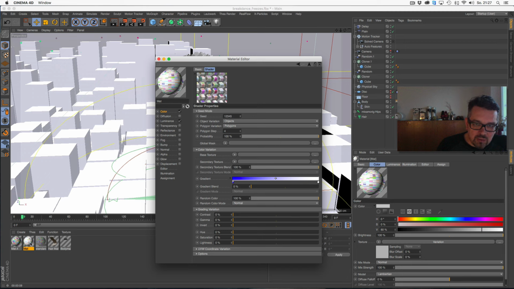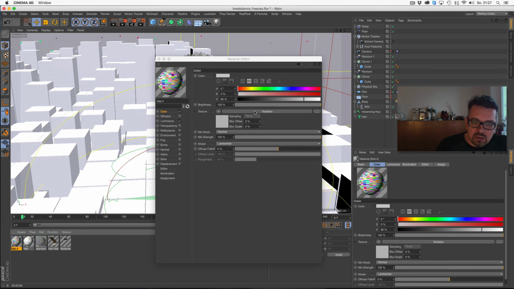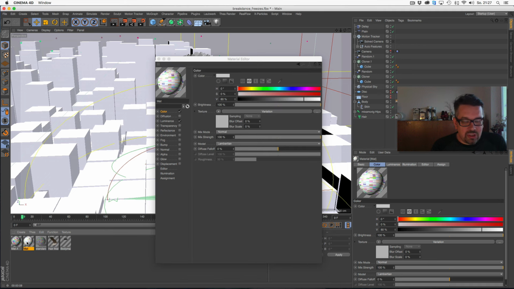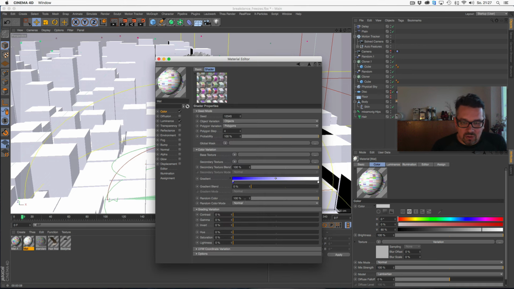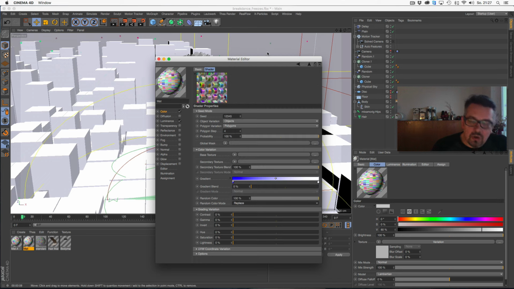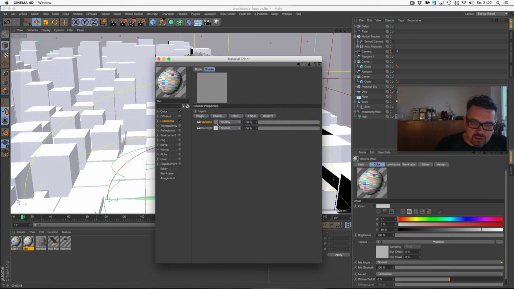Random color mode. It's normal. And here I found out what happened. This random color mode is set to replace, something I forgot. In my original shader I did it, and in this one you have to set it to replace. And the second one in the luminescence channel, of course, too.